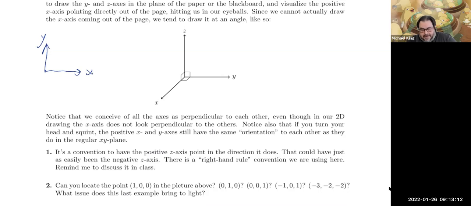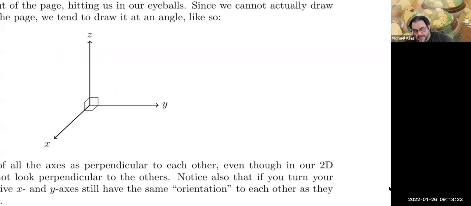It's just a convention of how we orient space. And it's called the right-hand rule. And I said, like, remind me to discuss it. So reminding myself to discuss it. The idea is, maybe I should just write it. I'm just going to try to write on this so we can see. So there's this right-hand rule,